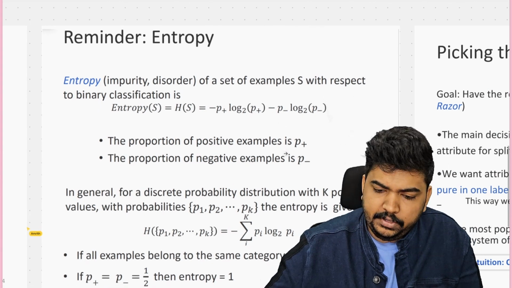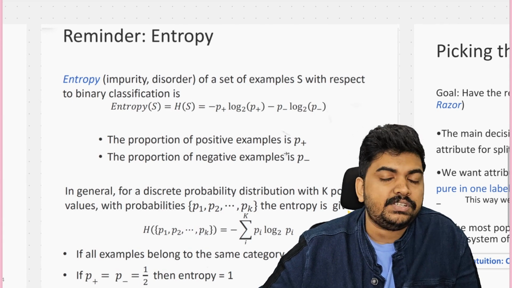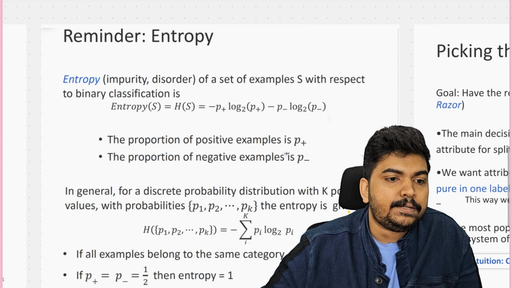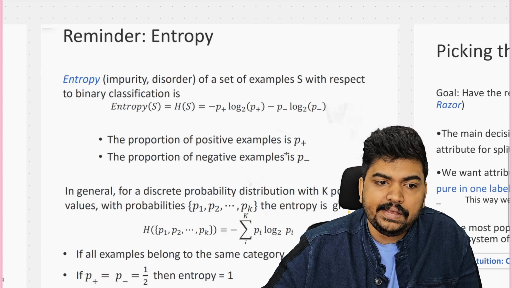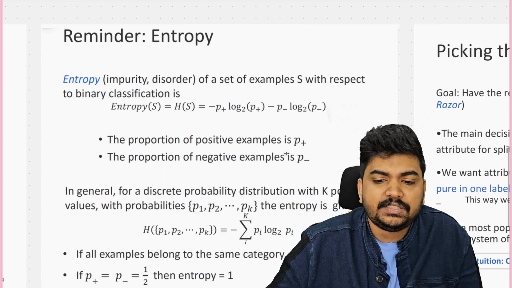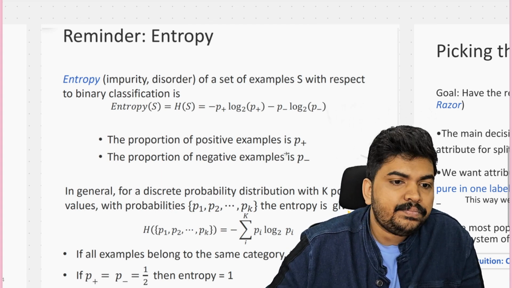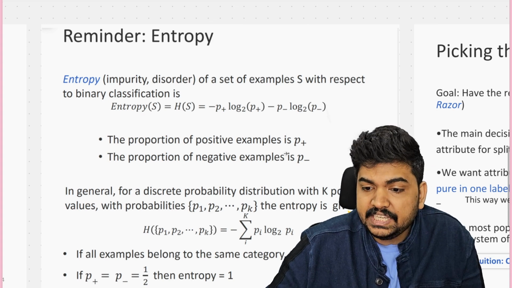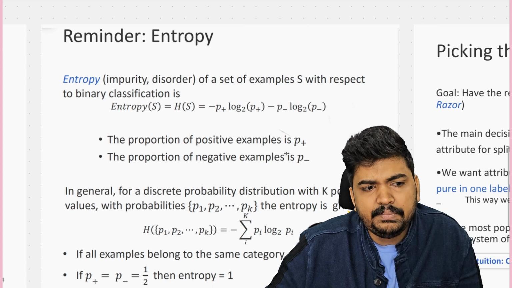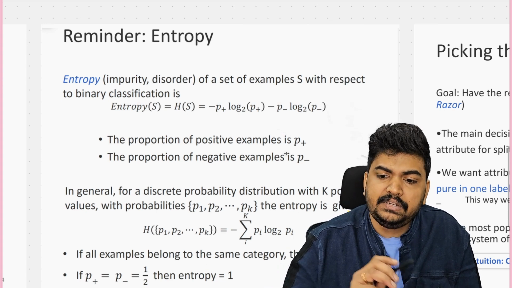So I believe you might have encountered this term entropy in information theory or associated topics. And entropy, from the information theoretic perspective, can be thought of as impurity or disorder of a set of examples S with respect to, let's say, a binary classification task. It is simply defined